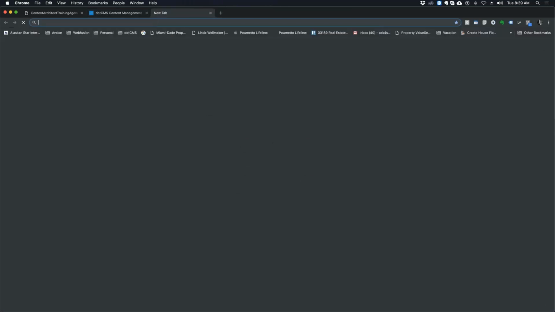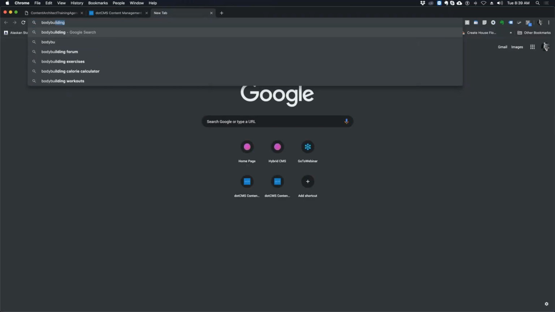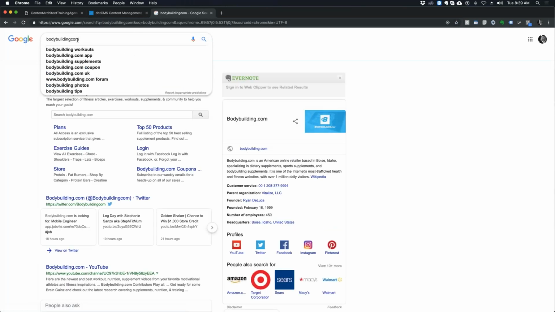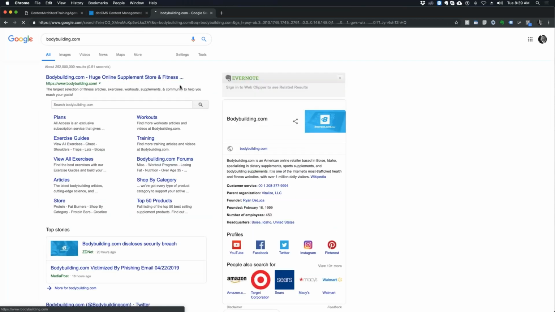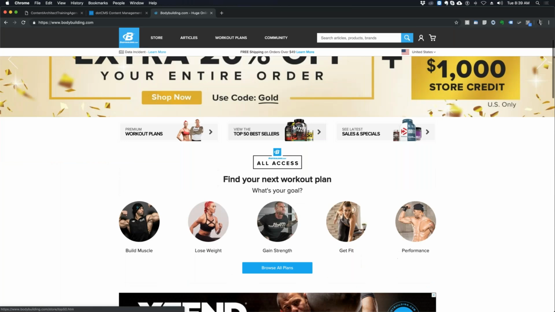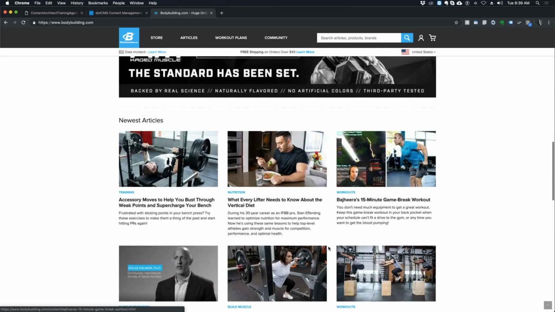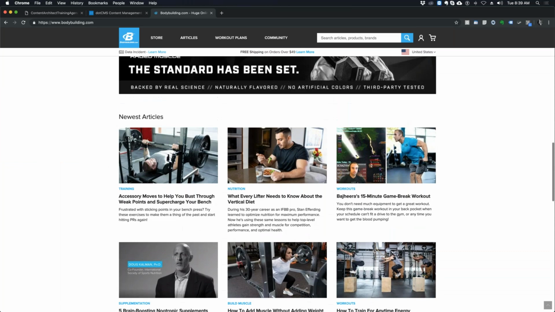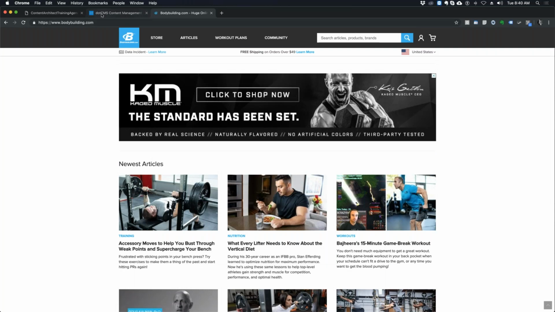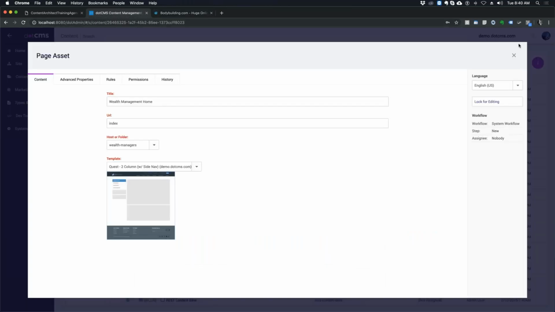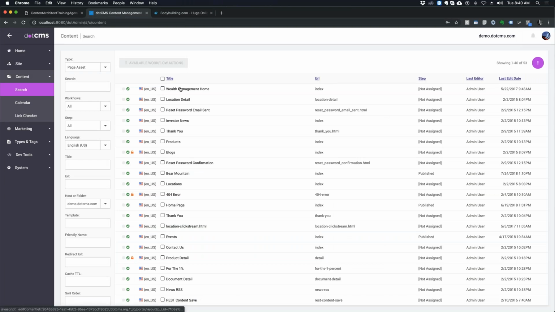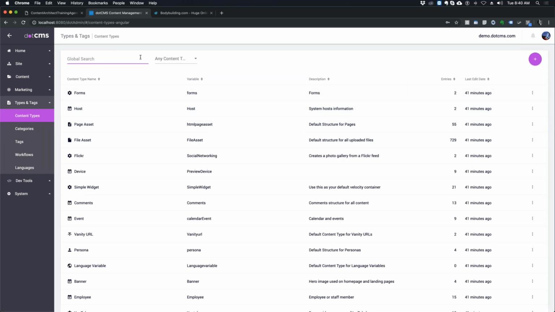But if this doesn't have enough fields and you want something else, as a matter of fact, one of our clients, bodybuilding.com, had a request to have specific page content types, like for brands or athletes on their site. They wanted to be able to, on a page by page basis, set some social networking links. Easy enough. Because I know you're probably wondering, well, a page is a page, right? Well, actually, no. You could set up a brand new page, or I could go to the page content type, whichever I wished,